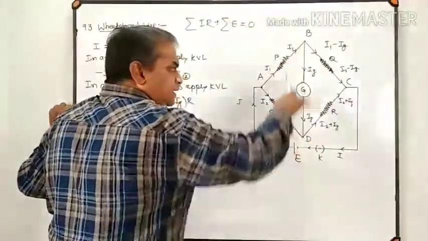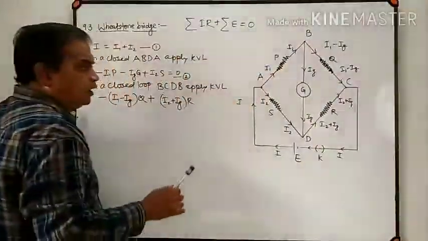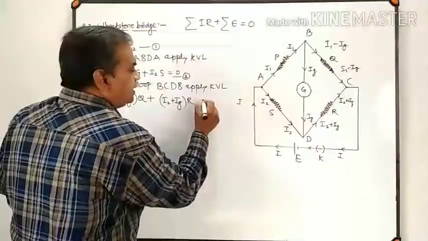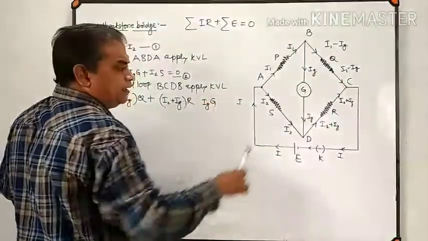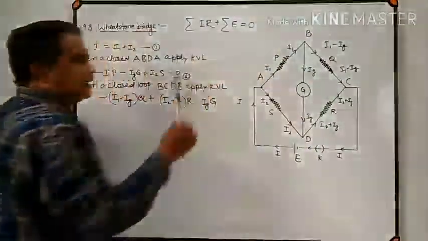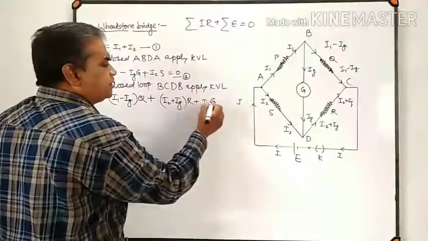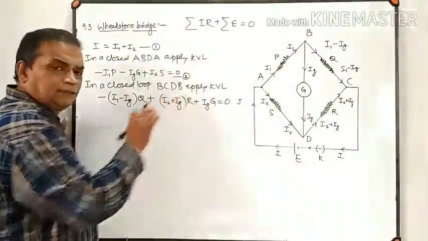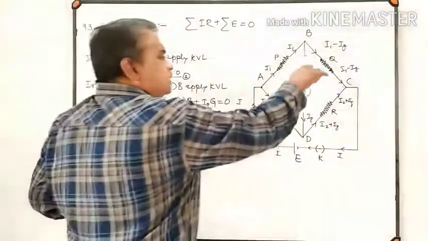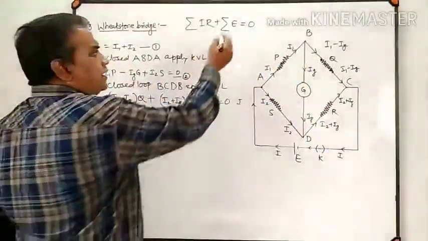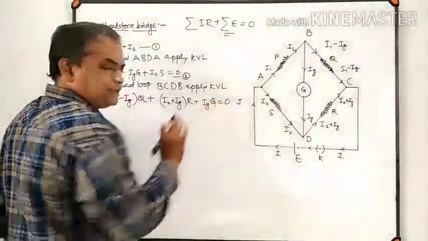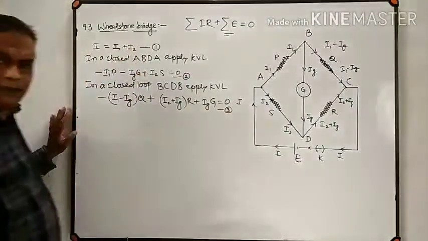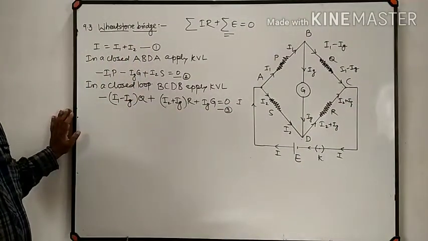Then move from D to B, because the loop is B, C, D, B. We are tracing the circuit in the clockwise sense. While tracing the circuit from D to B, current is Ig, resistance is G, and conventional current is flowing in a direction opposite to the direction in which we are tracing the circuit. Therefore, Ig into G is taken with a positive sign. Again, there is no source of EMF, so there is no EMF term, and that is equal to 0. This is equation number 3.